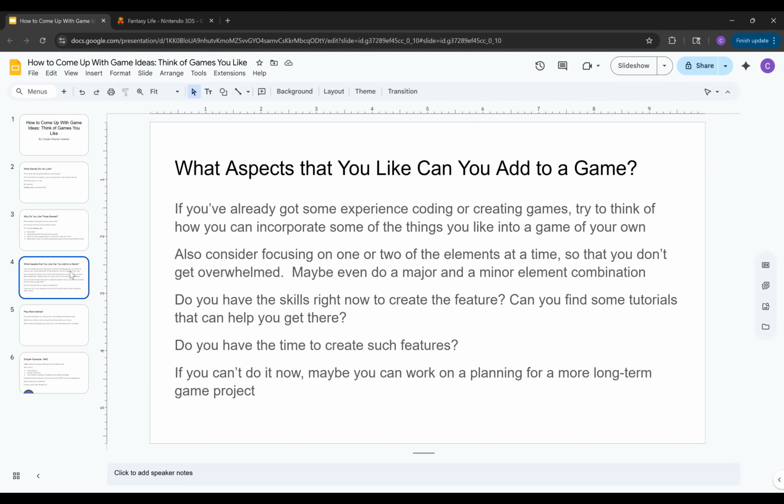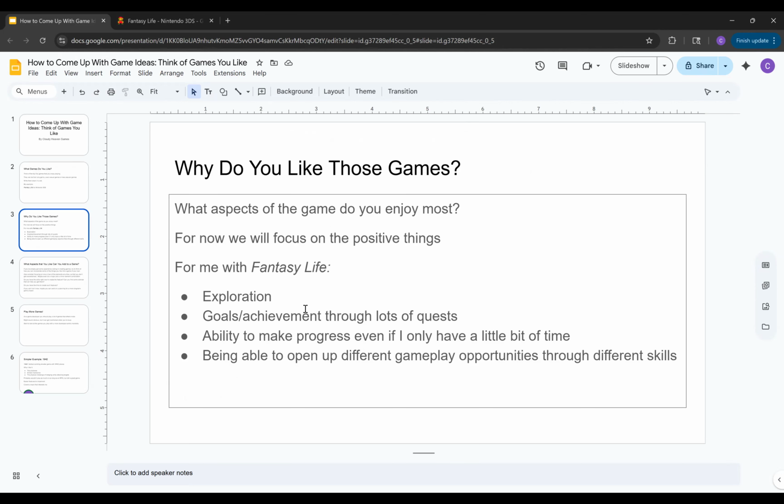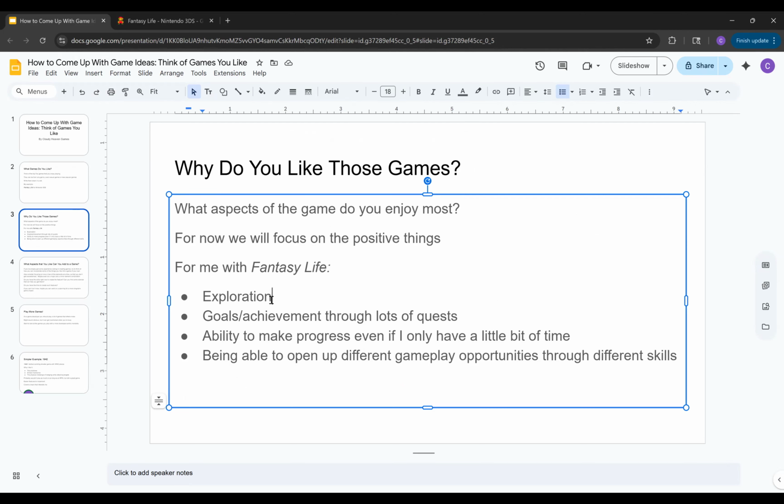So with RPGs, for example, Fantasy Life is a role-playing game or RPG, and it's a little bit more complicated. So some of the things that I'm talking about that I like might be a little bit harder, right? So, for instance, exploration, that also includes being able to understand how to make in-game maps and different big levels, right?